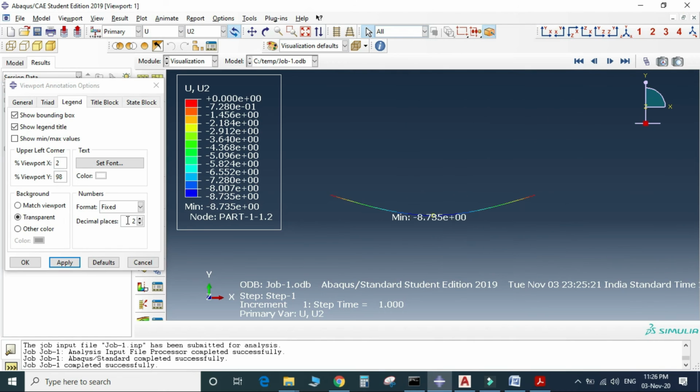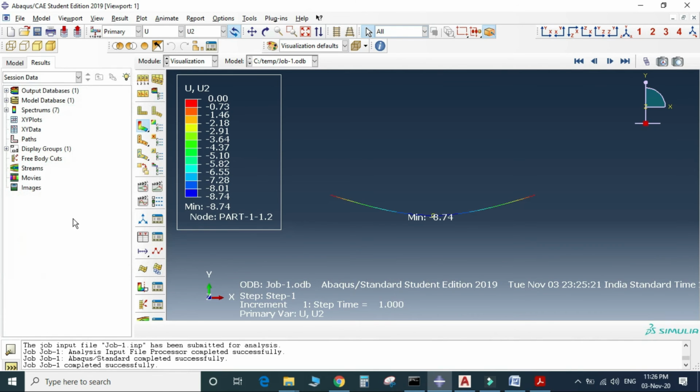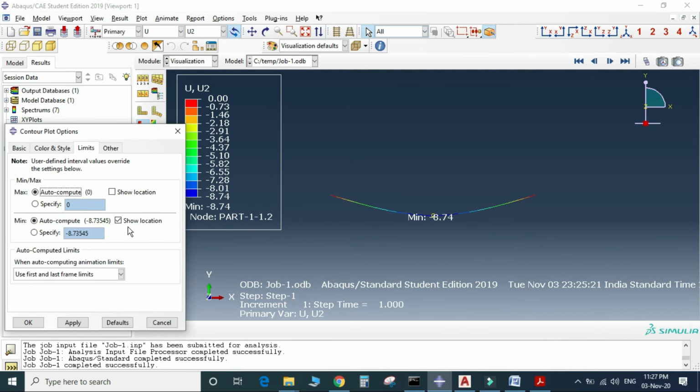Okay. Then click the contour options, show the maximum and minimum values.